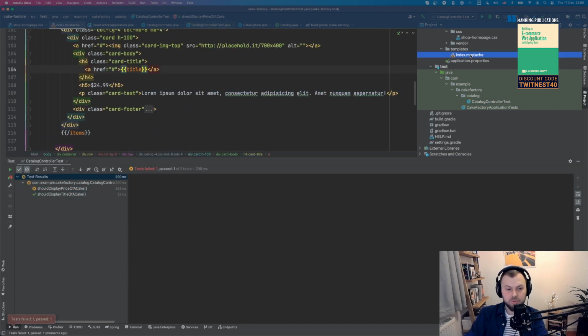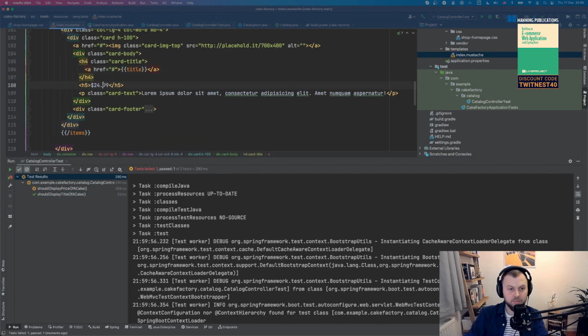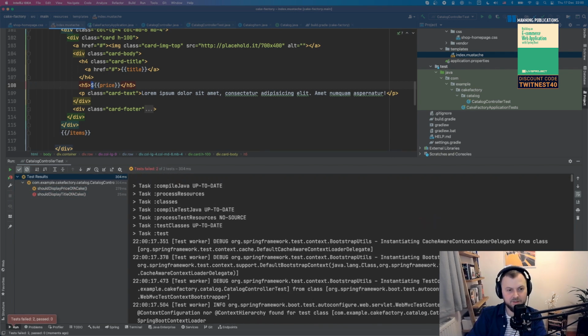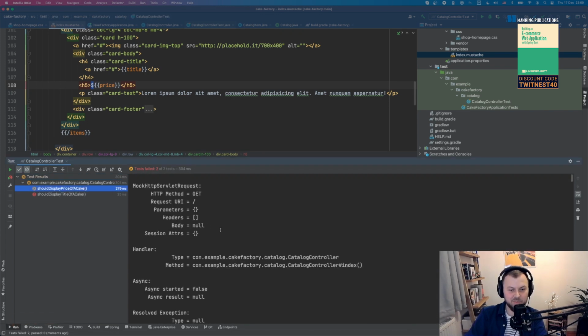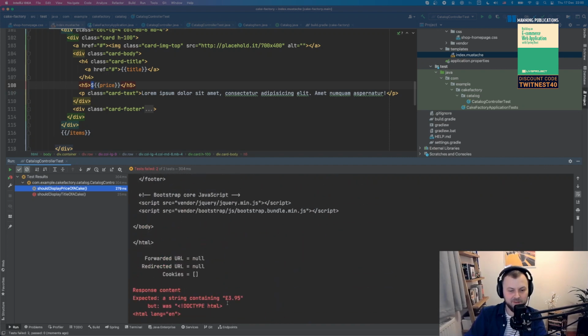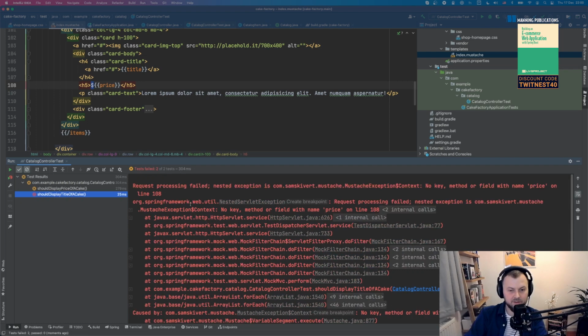And now we can just go to our template, find our price, right? And then did I call it price? I think I did call it price. Some people will actually notice that it's gonna fail now, right? Do you know why? I bet you know why. No. Even I didn't know it's gonna fail like that. Look, everything is broken and we don't know how to fix it. Cool. Oh, the title is not there.